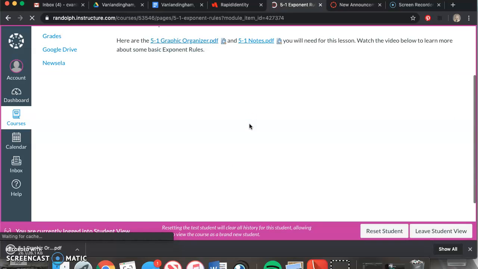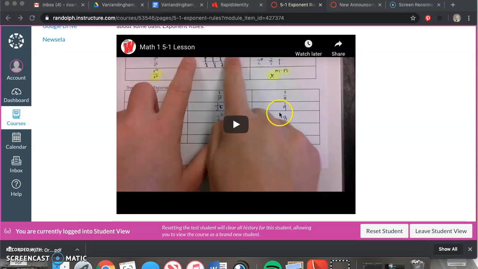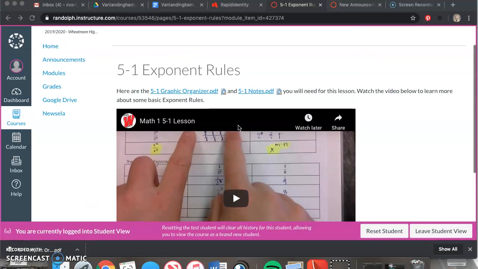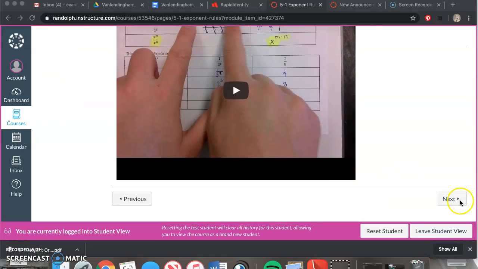And then there's a video below it. There it is. And this is the video you'll need to watch to get those notes in the graphic organizer filled in. My computer's running a little slow right now, but it'll get there. Video, you can click play right here, and that'll get you through everything you need for the graphic organizer and the notes. So once you're done with that, at the bottom of this page, if you click next,